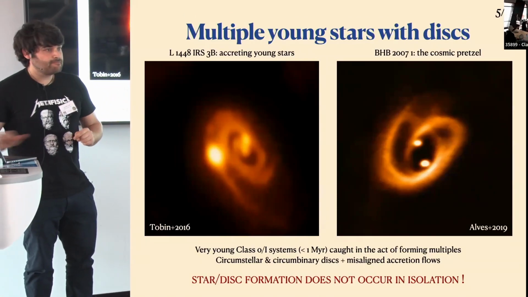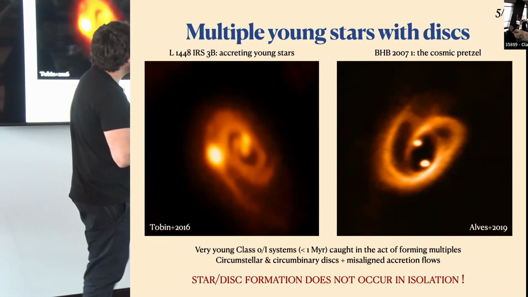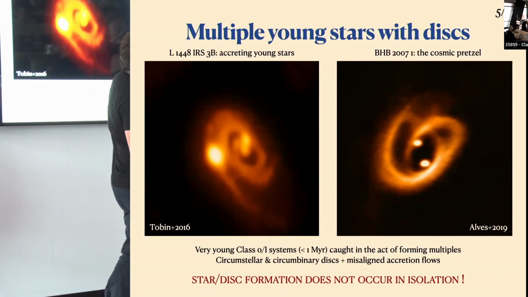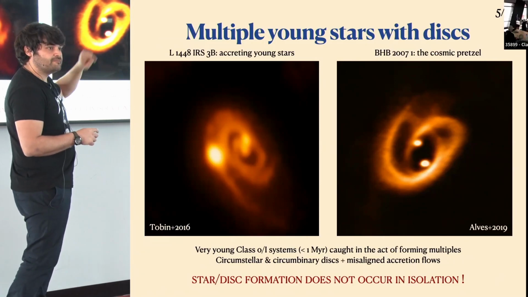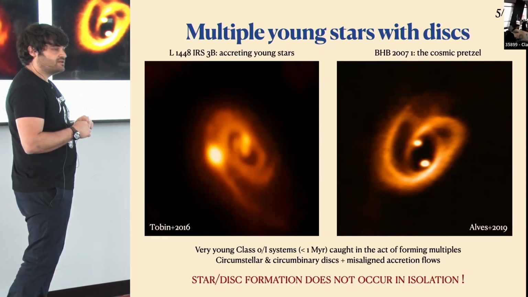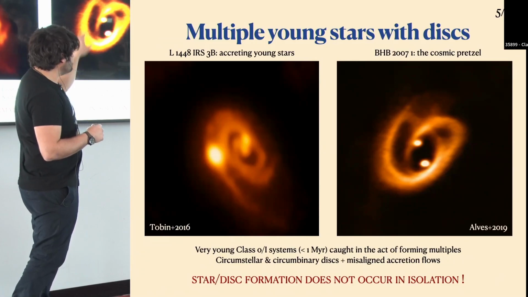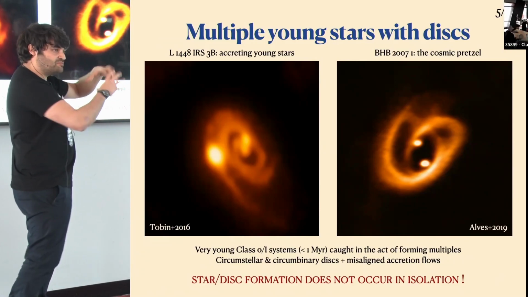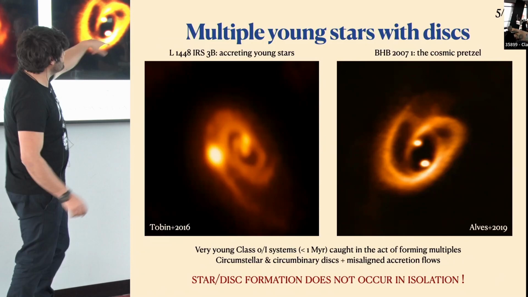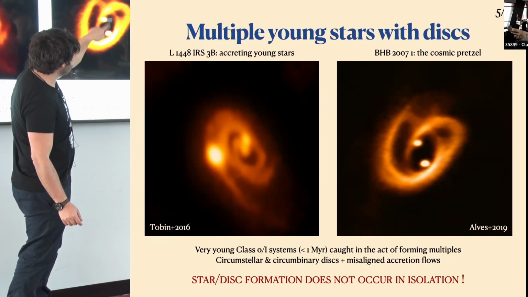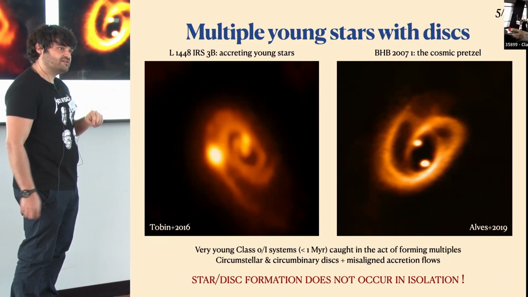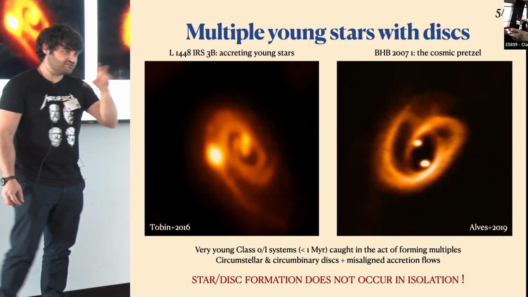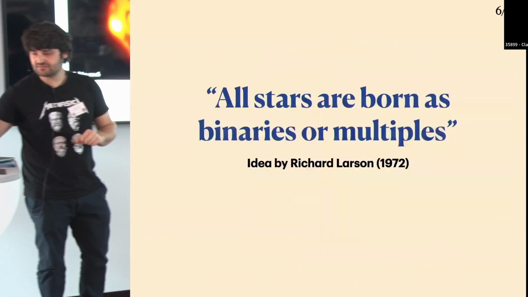Can I just ask, what does it start with on the right-hand side? Two stars? You have two stars here, and a disk? And the disk is starting to form around? So you form, no, you don't form a disk, or you do have a disk? So this is kind of a disk. It's not yet a complete, full disk, but this is a circumbinary disk. And there are some hints that there is material around each of the stars as circumstellar disks. Ah. So I will talk about the kind of disk we can have in these systems.